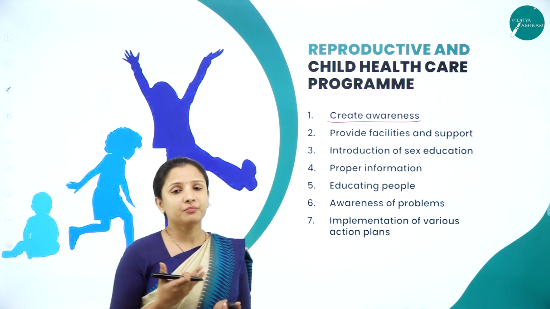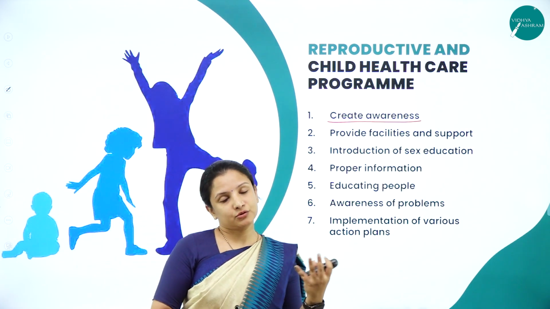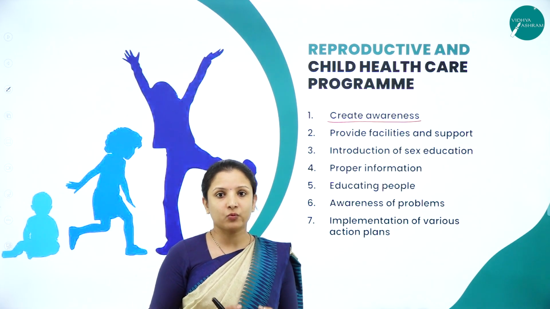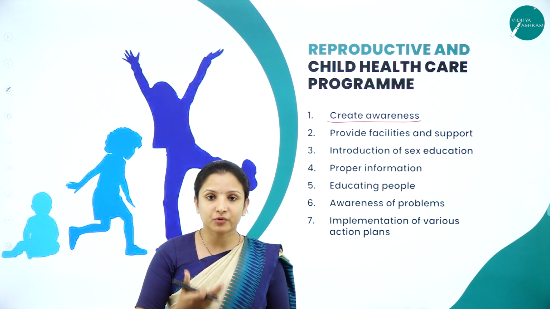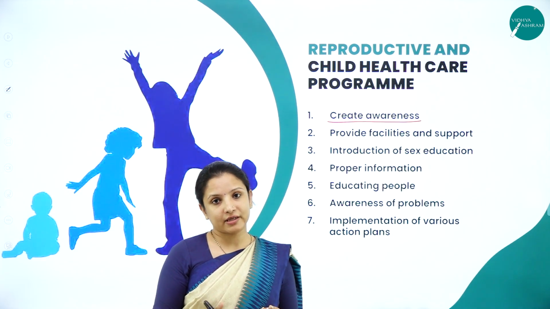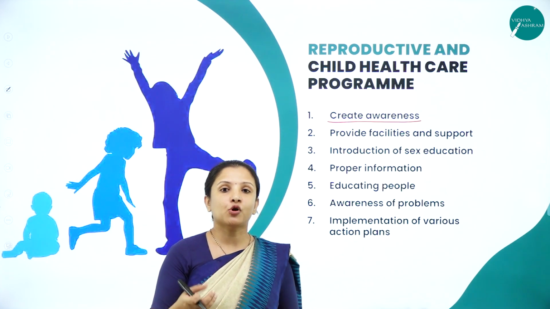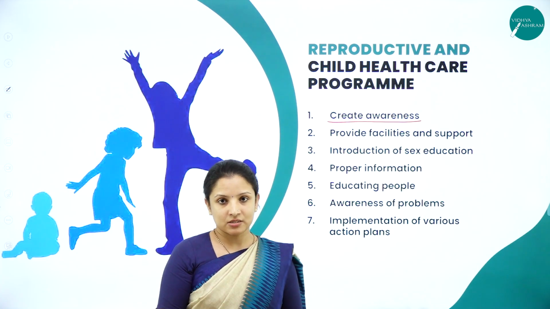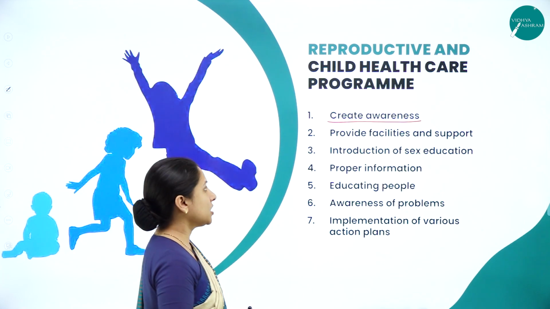Apart from that, they also made sure that proper child care is given, because as soon as India got independence, the country was in a very poor condition, wherein there were a lot of poor people who did not know about reproductive health or child care and all that. So it was at that time the government implemented these programs so that proper food, nutrition and proper medicines also reach the children. So therefore, awareness was created among the individuals.